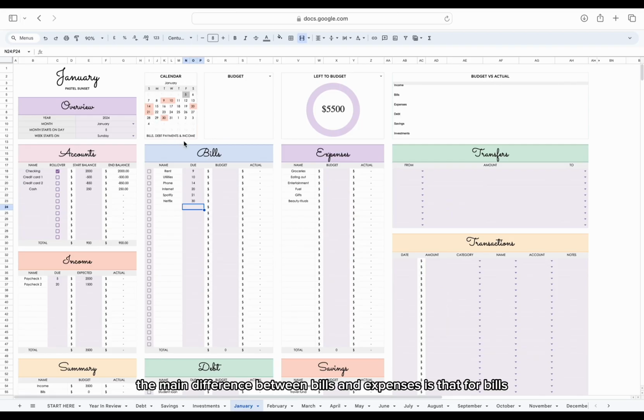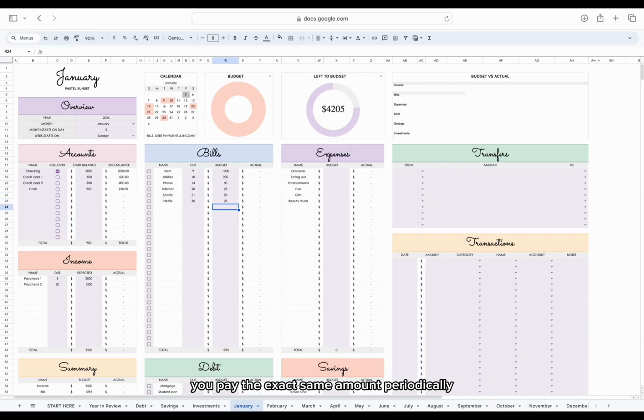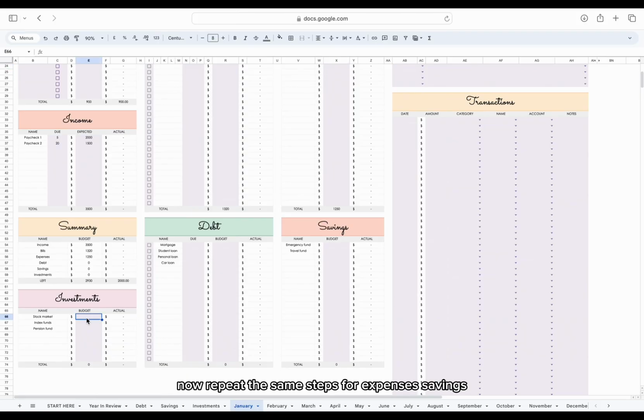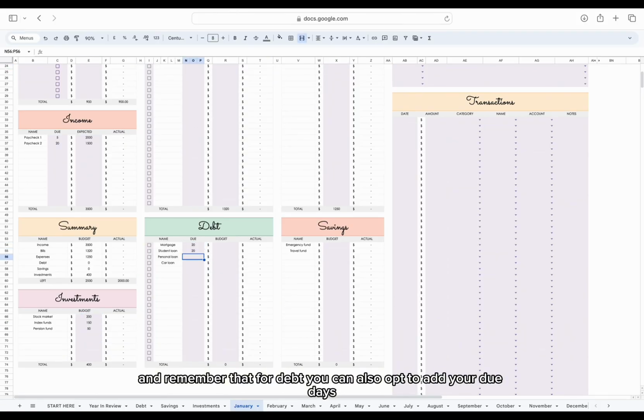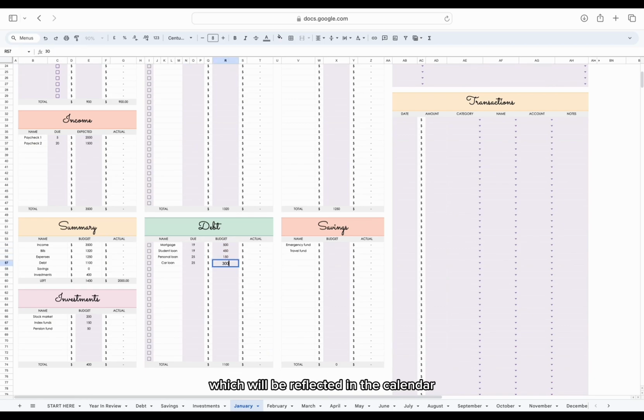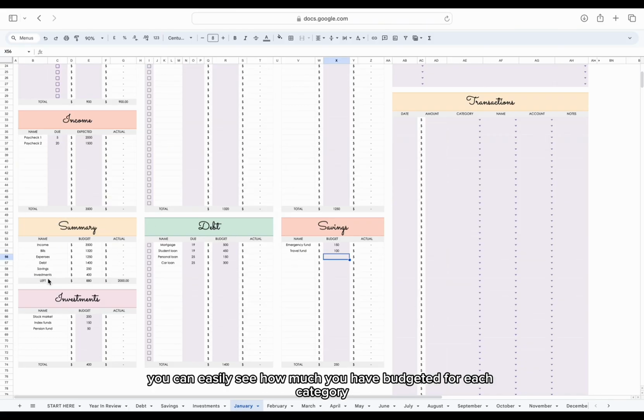The main difference between bills and expenses is that for bills you pay the exact same amount periodically, but expenses are variable. Now repeat the same steps for expenses, savings, investments, and debt. And remember that for debt you can also opt to add your due days, which will be reflected in the calendar. In the summary table, you can easily see how much you have budgeted for each category and how much